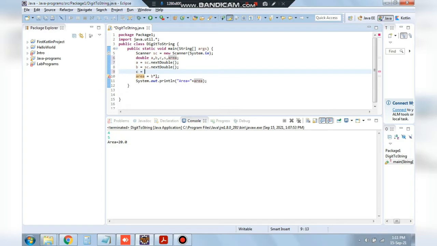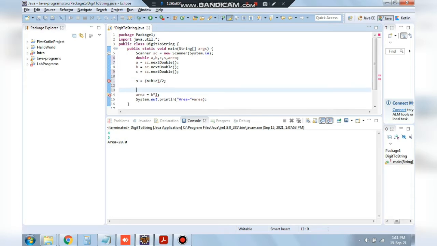Let's take the inputs for a, b, c, and now we have to calculate s. Okay, s is nothing but (a + b + c) divided by 2. After getting s, we have to calculate the area, and area is nothing but